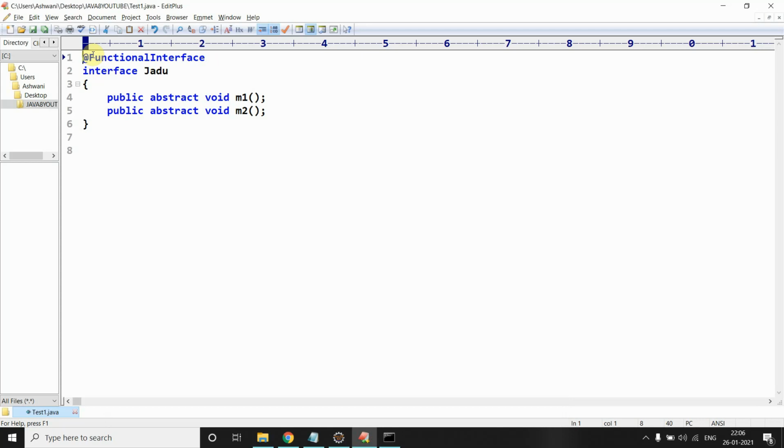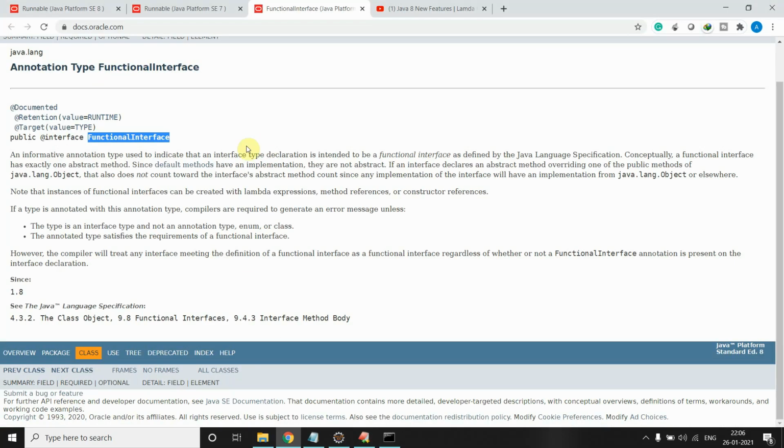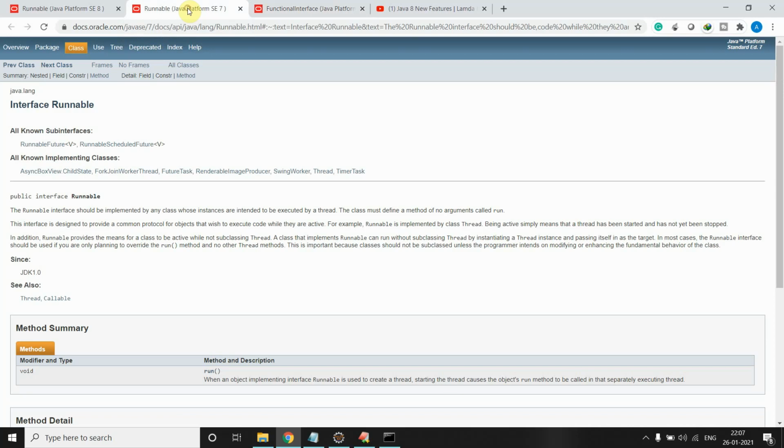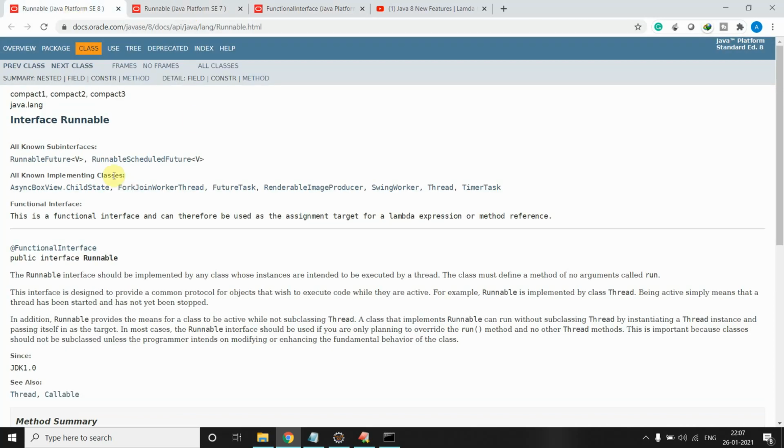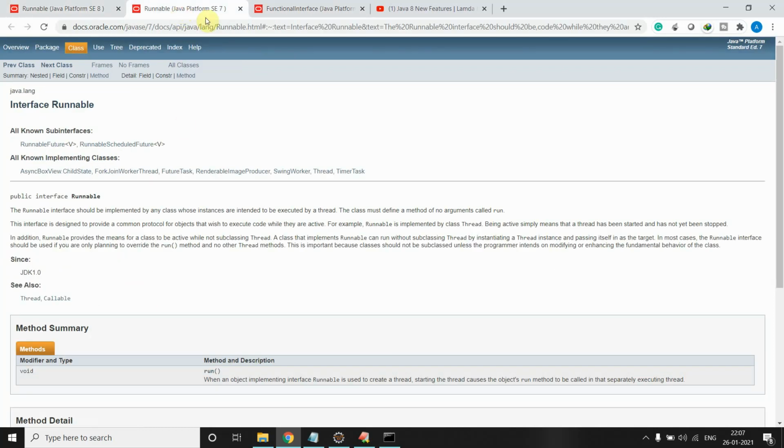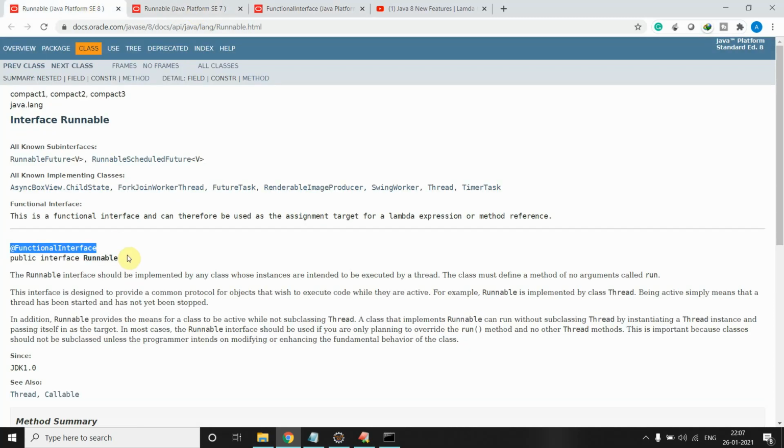And now after Java 8, as you see here, Runnable is a functional interface. It is using the functional interface annotation, right? This is the difference between Java 7 and 8.